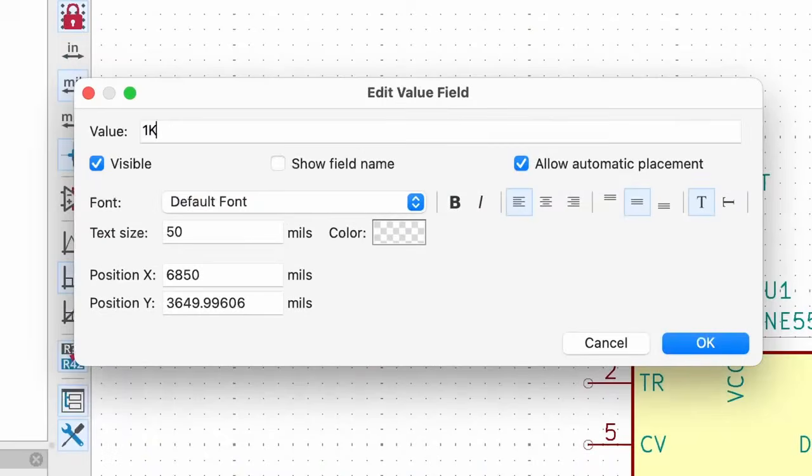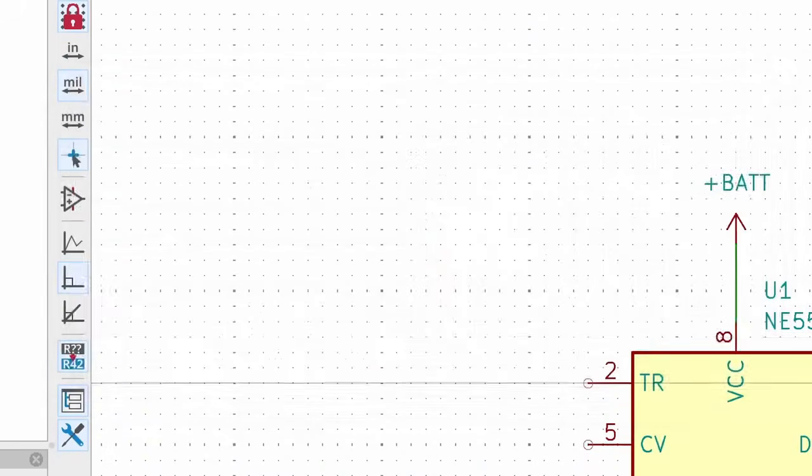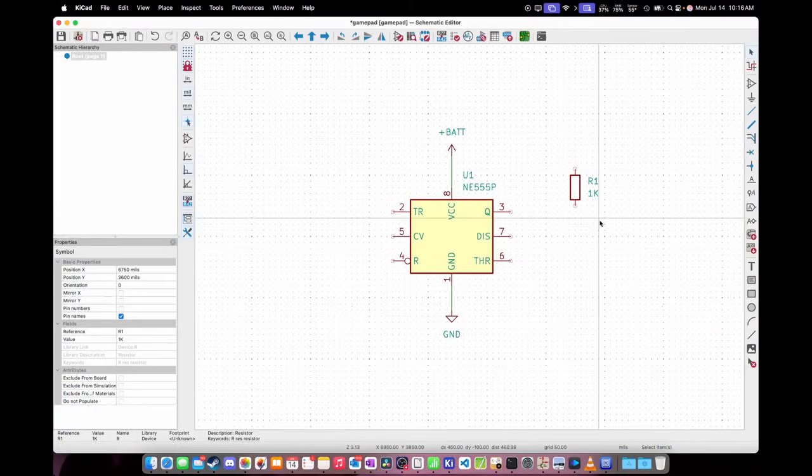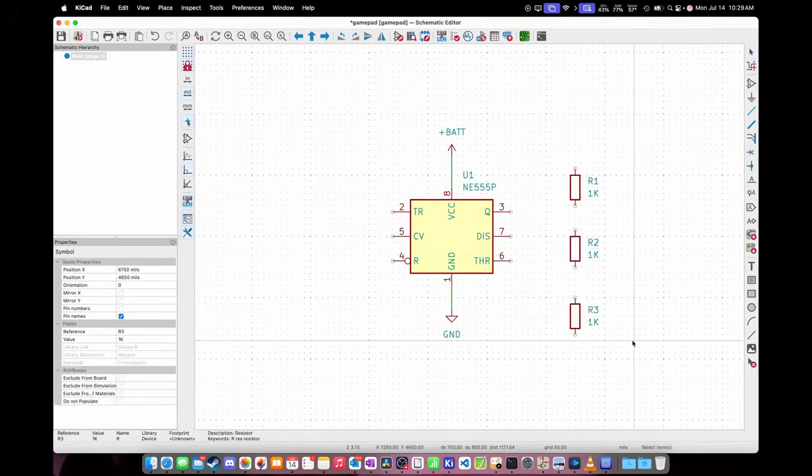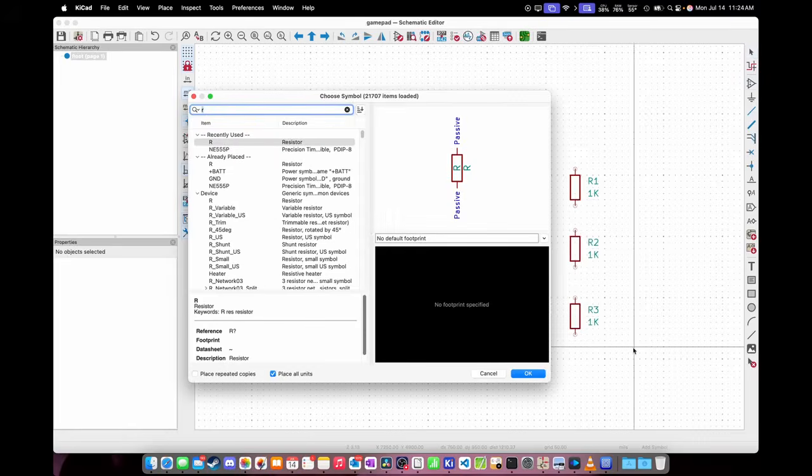Inside the field name value, enter in 1K as the resistance in ohms, and then press OK to close the menu. We'll need 2 more of these 1K resistors, so simply click on one and press Ctrl-C and Ctrl-V to duplicate it twice. Next, open back up the parts menu and type the letter C for Charlie into the filter